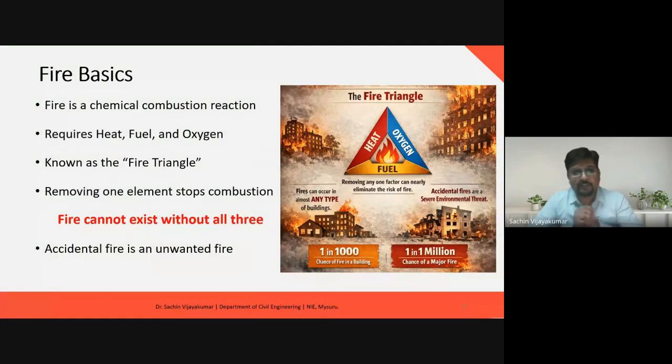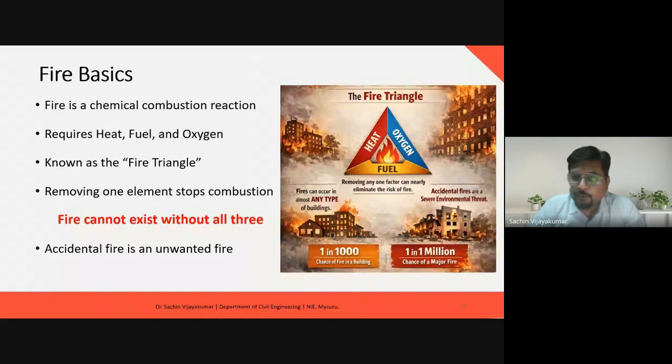Coming to fire basics. This fire, we have understood basically through physical phenomena. For example, any fire that we see in our day-to-day life is either going to emit smoke, or temperature, or light. All these three are physical phenomena, right? But what is this fire? Basically, fire is a chemical combustion, which is going to take place only if it has the three elements, that